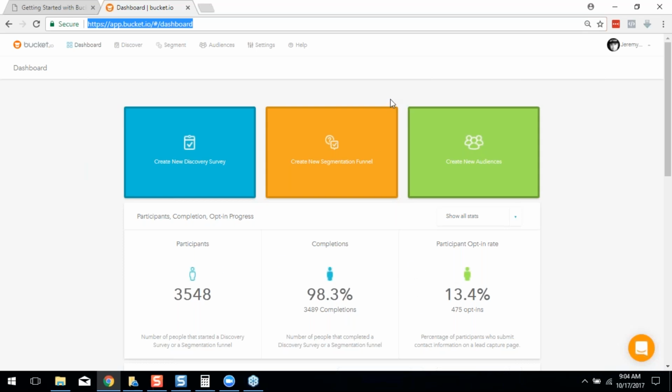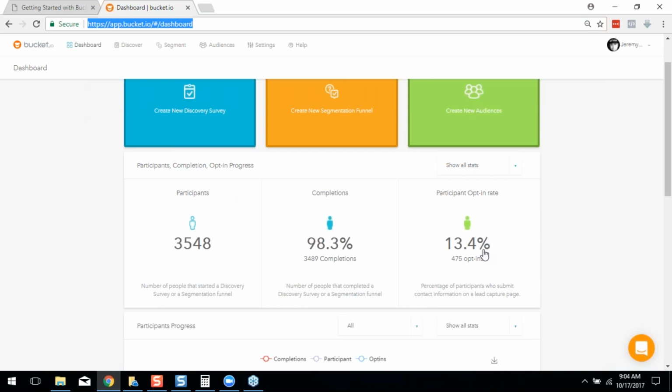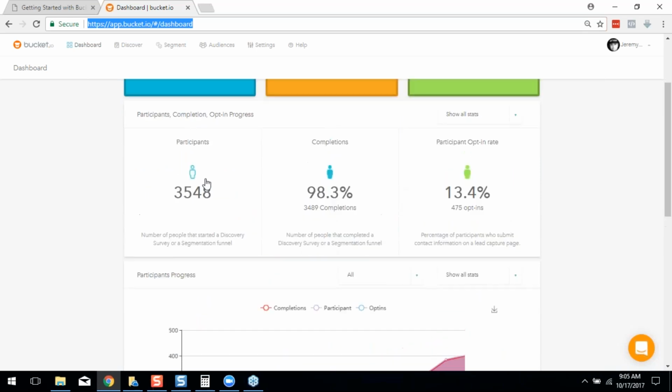If it's your first time in Bucket, or if you're new, your numbers are probably going to be looking at 0. What these numbers represent are the performance of your entire account. So these aren't a specific funnel. This is everything that's happening in your account. So how many people have participated in your funnels and your surveys, how many people overall, on average, have completed your funnels or surveys, and then the average opt-in rate for whenever you use the email and lead capture forms